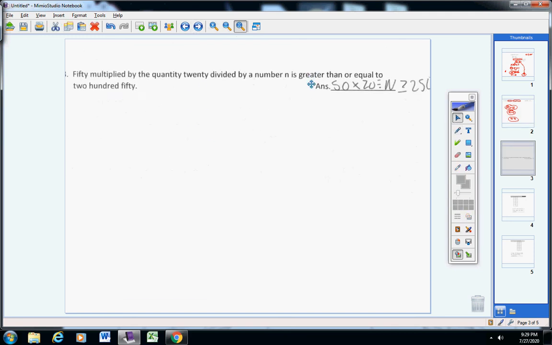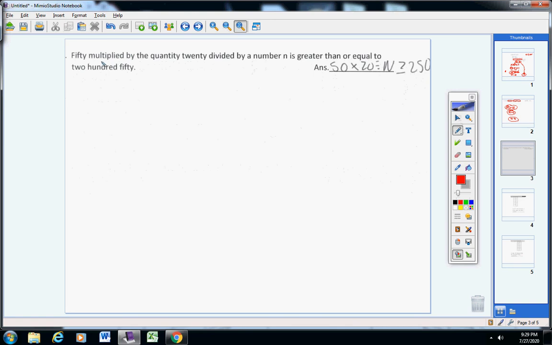Okay, now, here we go. Look at this. 50 multiplied by. So, 50 is being multiplied by, oh, there's that word again. 50 times a quantity. So I'm going to put parentheses. Now, what is in my parentheses? 20 divided by n. Now you used a division symbol, and that's fine. That's okay, but I do prefer this. Okay, and then it says is greater than or equal to